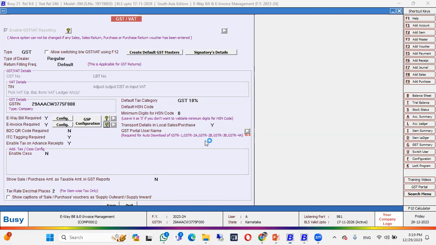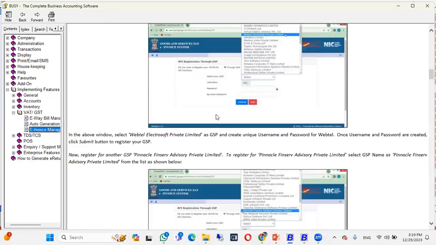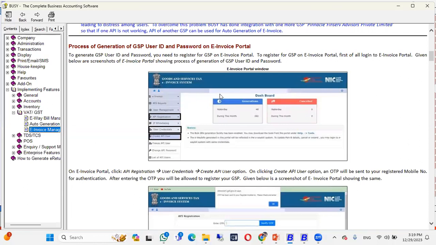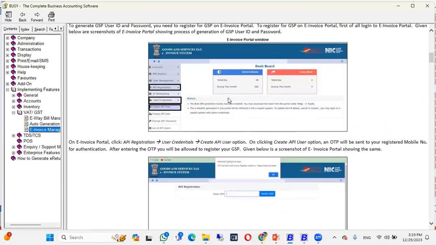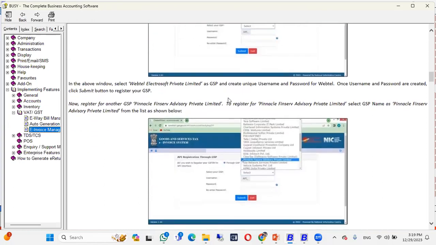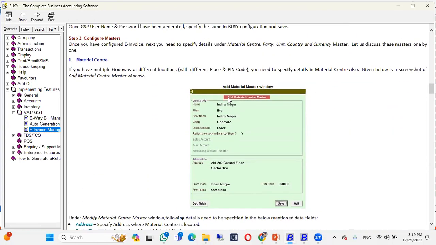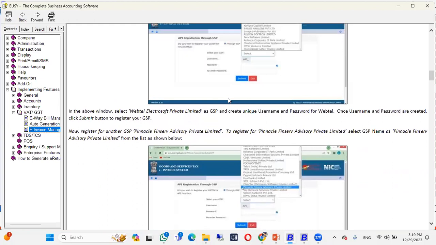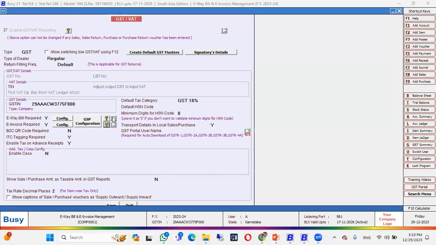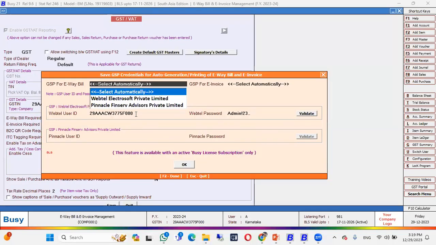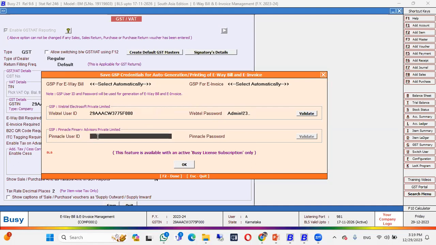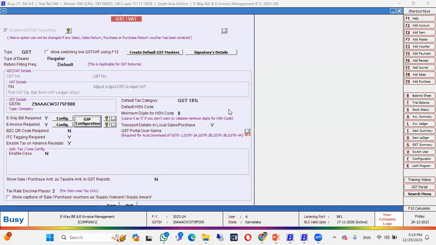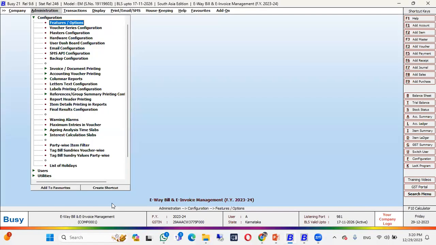So for steps, you can see these are the steps. See, this is the E-Invoice portal. Just open it, and after this, you have to follow these steps and create user ID and password for E-Invoice and E-Waybill for Pinnacle and Webtel GSPs. And the same user ID and password you have to specify in Busy. For Webtel, these options. For Pinnacle, these options. So after specifying the GSP's user ID and password, save this configuration. This is step one. After that, step two is